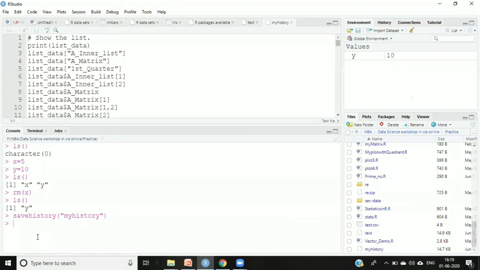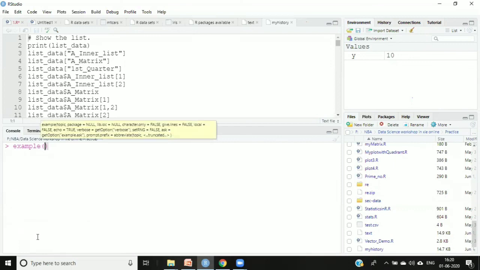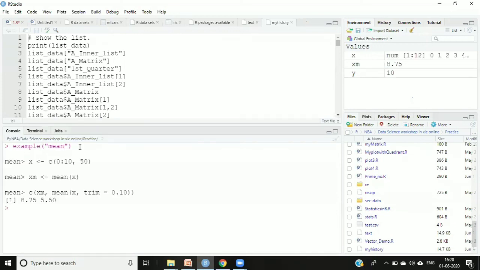Then I was trying to show you one command, that is example. If you want to see the example of how one particular function is being used, you can always use this example command. Let's say I want to get the information regarding mean. I'll say example mean, I'll enter. So it will show me how to use this particular function.